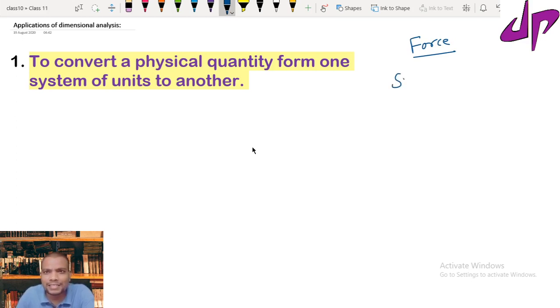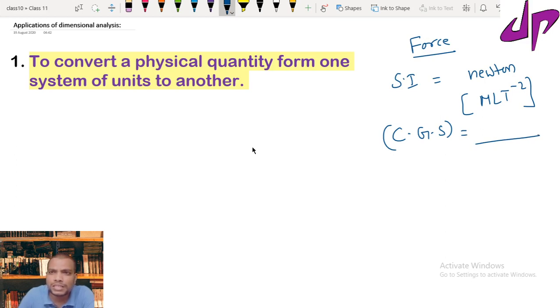In the SI system, the Standard International System of Units, its unit is nothing but Newton. We already know its dimensional formula is M L T power minus 2. Suppose I would like to know what the force units are